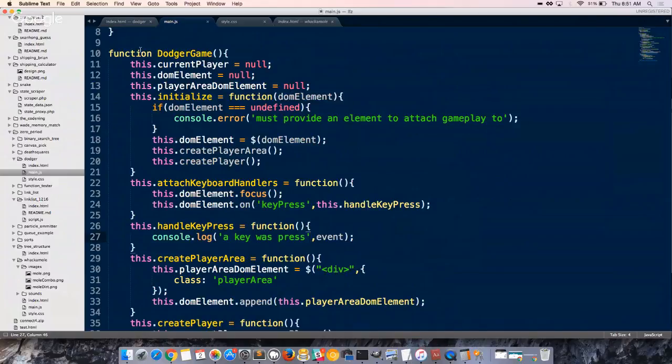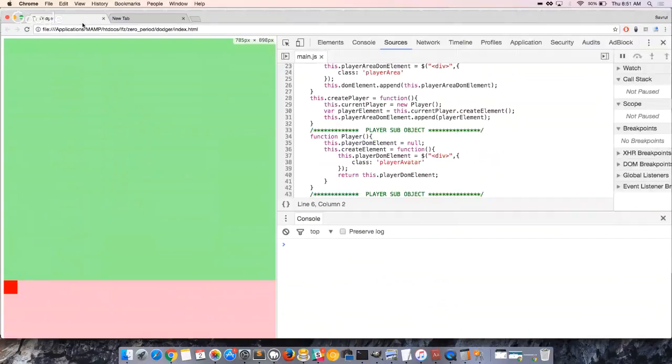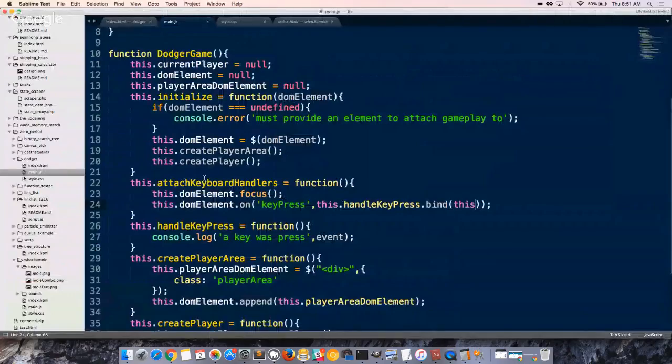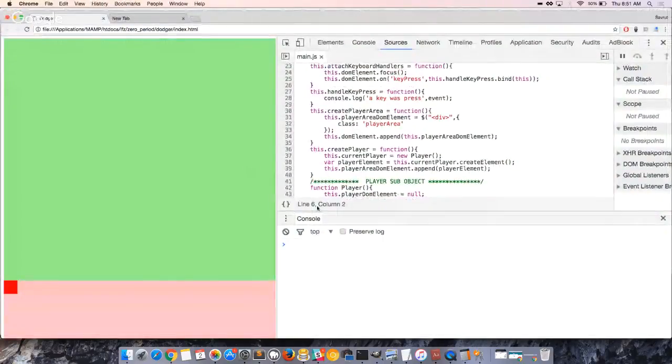Well, we don't want that. We want to know what our object is still. So I'm going to bind this to this. That way I don't lose track of it. Refresh. Did I actually call attach keyboard handlers? Probably not. So this dot attach keyboard handlers. Refresh and